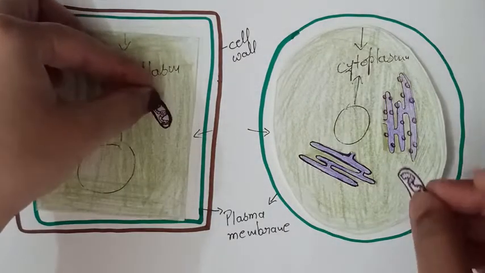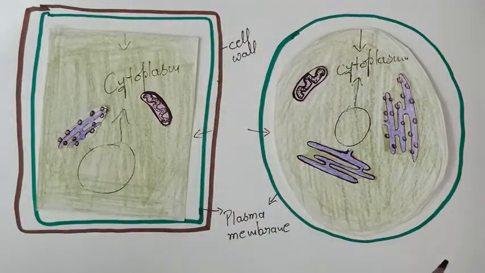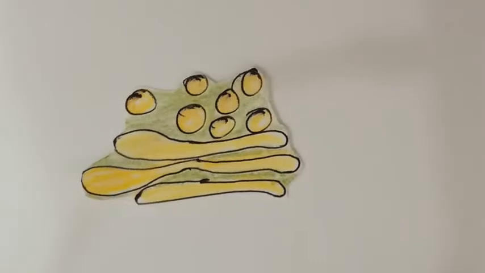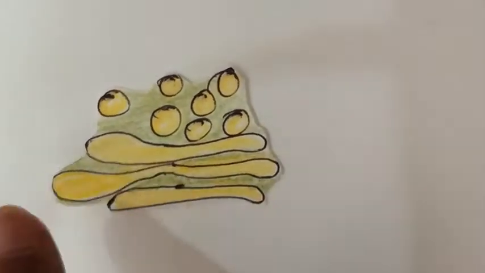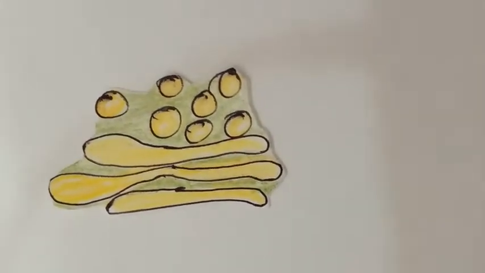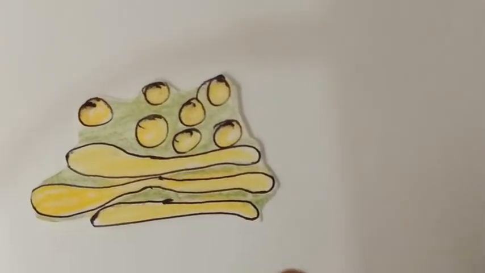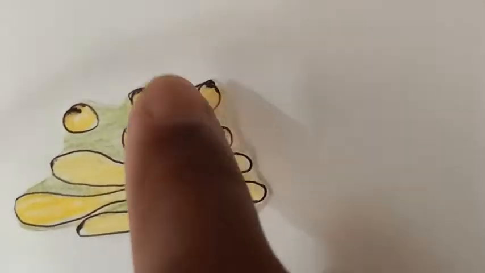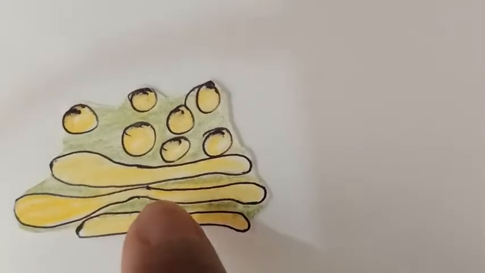So like this they are arranged in a cell, okay. Now next to this is Golgi complex. It is also called Golgi apparatus or Golgi body. It is a pile of flattened sacs, okay. They are known as cisternae along with small vesicles or tubules, okay. And in case of plants they are called dictyosomes, okay.